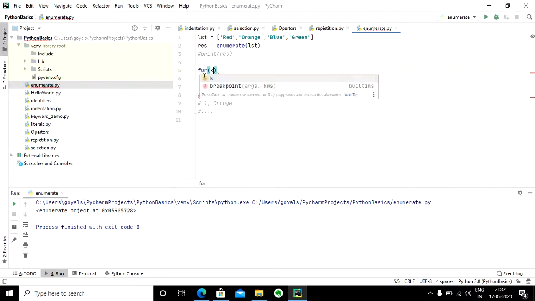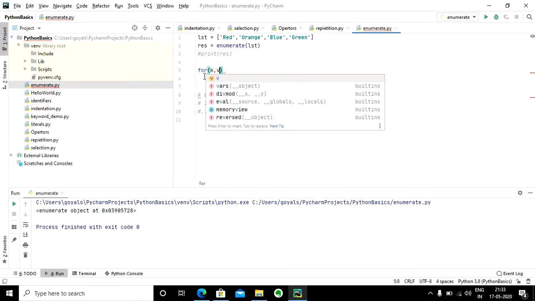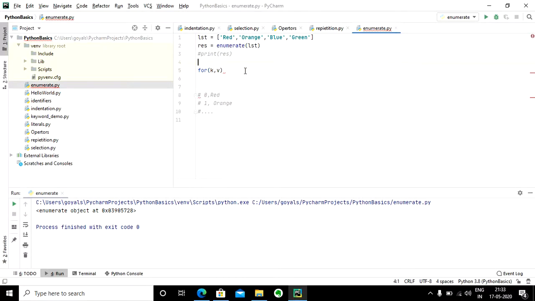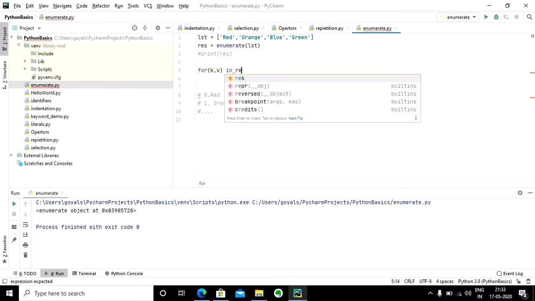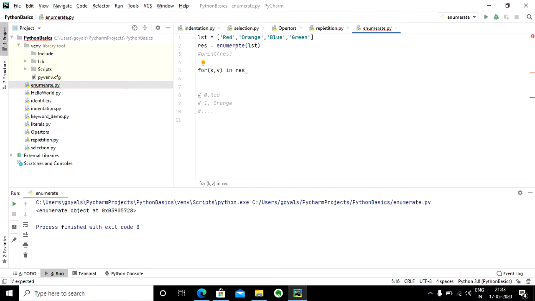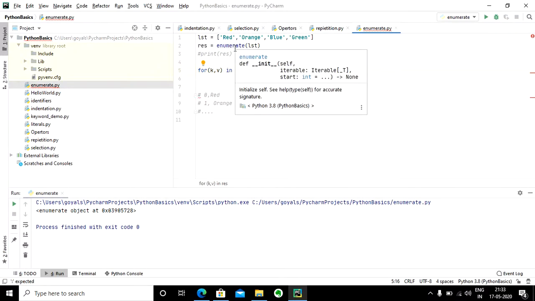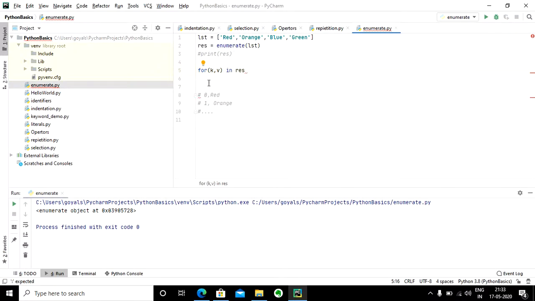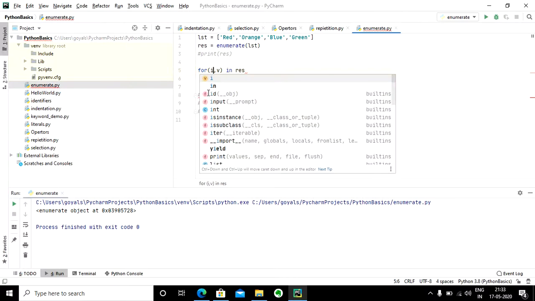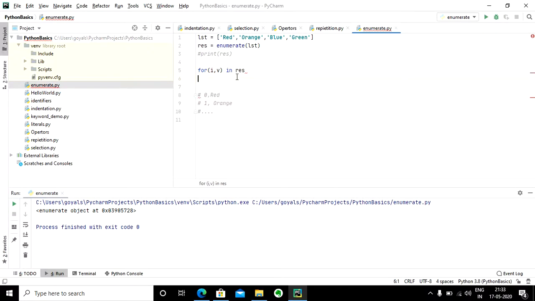I'll say p value in res, because this enumeration object will be in this form. I am keeping two variables, one for the key or index. If I change it to index, that will make more sense. One variable is for the index, and the other is for the actual value.